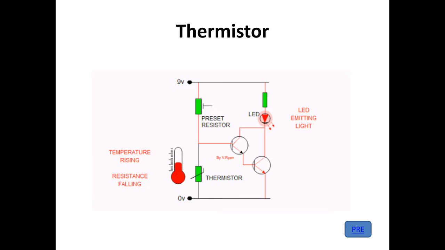Another one is positive temperature coefficient. If temperature increases, my resistance will also increase. That is my positive temperature coefficient thermistor. The other is the negative temperature coefficient thermistor. Why? Because when my temperature increases, my resistance decreases, and when my temperature decreases, my resistance gets high, meaning inversely proportional. So this is regarding your thermistor.